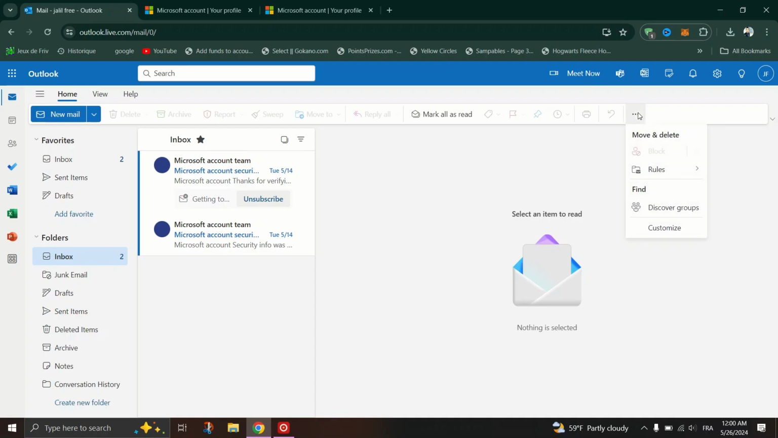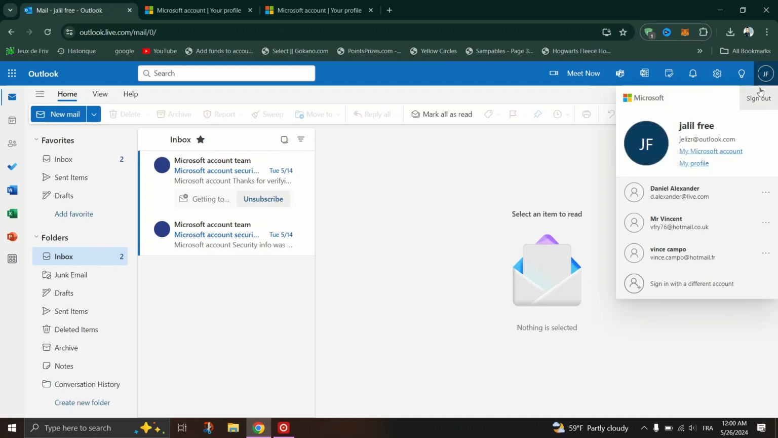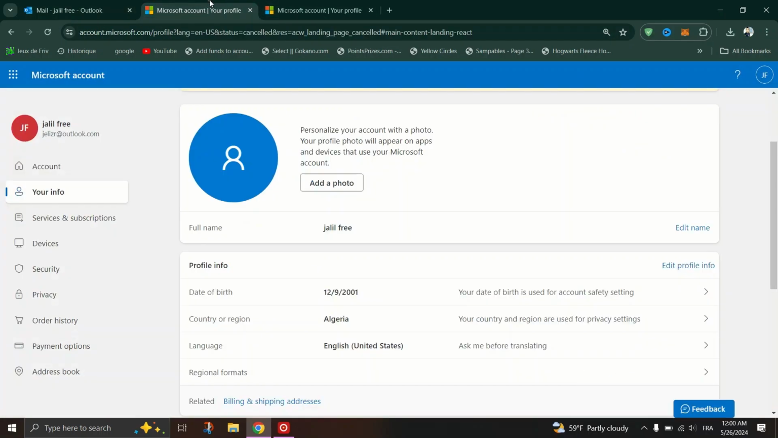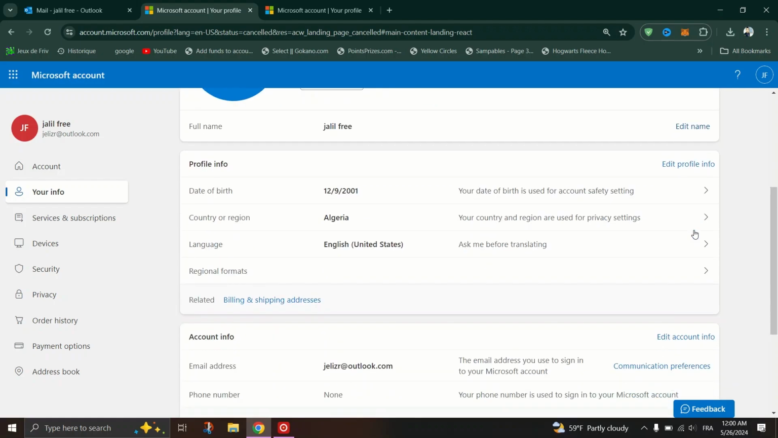Then, click on File in the top left corner of the Outlook window. Click on Account Settings from the drop-down menu. In the drop-down menu, select Account Settings again. In the Account Settings window, select the email account for which you want to change the display name and click